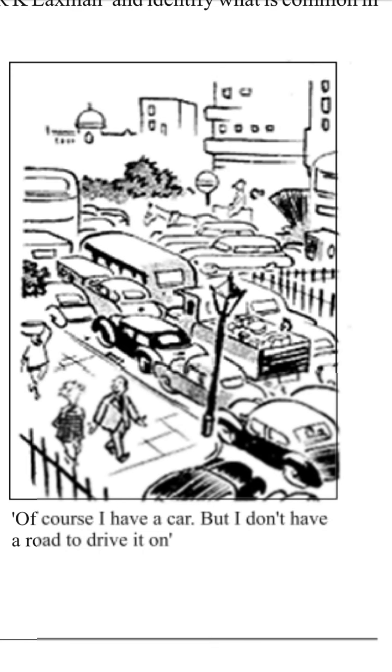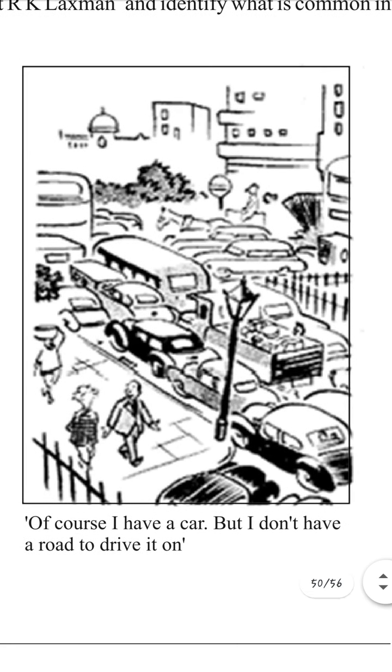Of course, I have a car, but I don't have a road to drive it on. It means the writer is saying that we all have facilities, but due to the growing population, we are not able to use them. So we have a car, but we don't have a road to drive it on. So it is better to walk rather than to get trapped in the traffic. It's better to walk on the pavement freely and be on time wherever you want to reach, rather than to get trapped in the traffic and lose your valuable time.